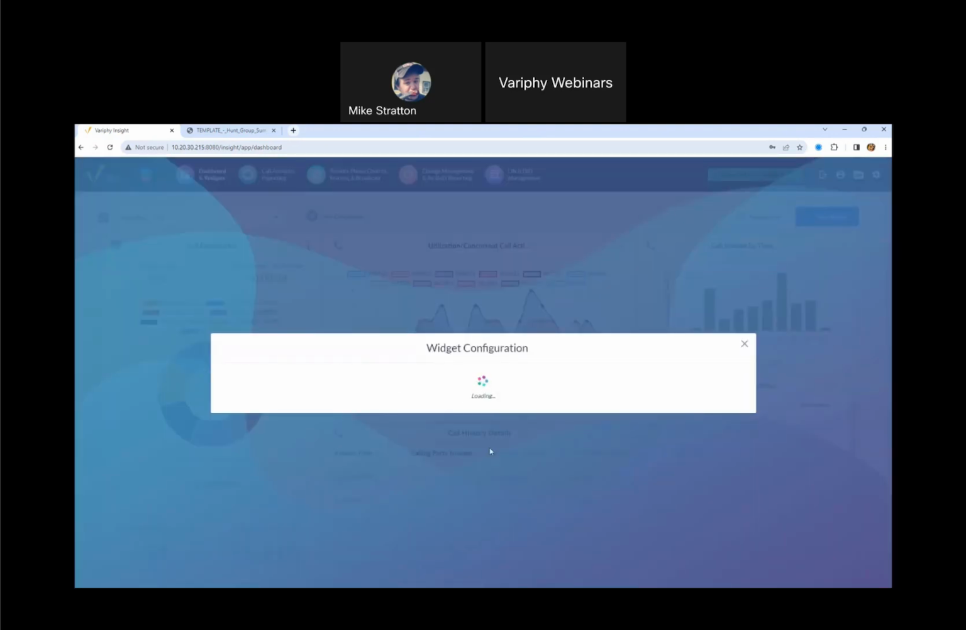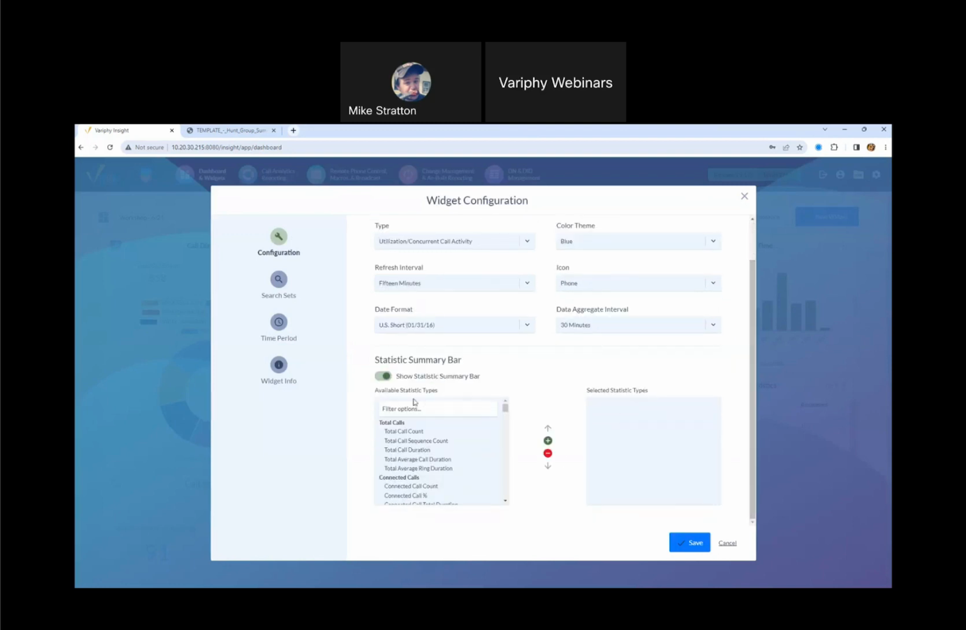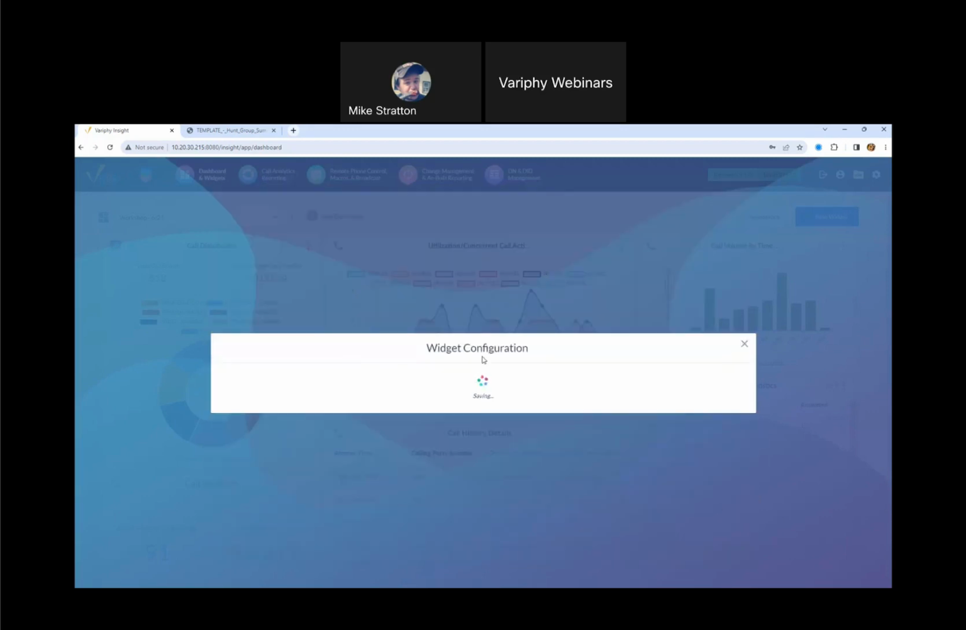And if I edit the widget, you can turn it on here at the bottom. And then from the list on the side, you can select what you want to see. So here we have total call count, average duration. We can get into answered call counts and really anything you want to see. We can just toss in some extra ones here. And then when we save it,